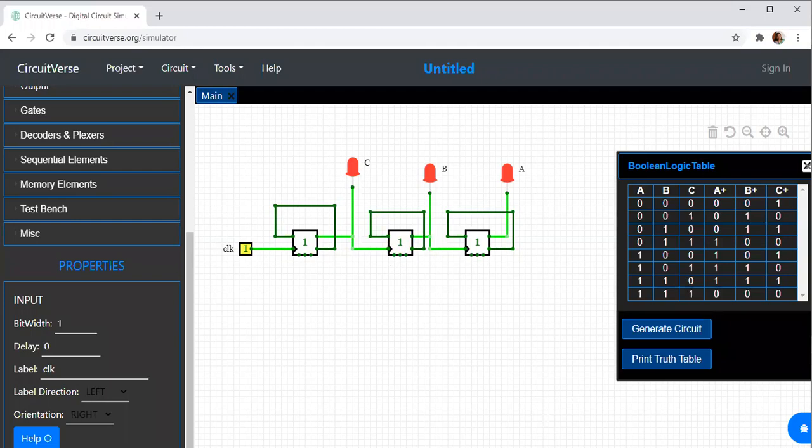So next example, we'll design a ripple up counter. Now, if the counter is counting from 0 to 7, you call it as an up counter. If it is counting from 7 to 0, you call it as a down counter. Now, I have shown this example for clock is equal to 1. You can also design the counter for clock is equal to 0. If you make this clock value as 0 and make this as working, what happens? Observe that.